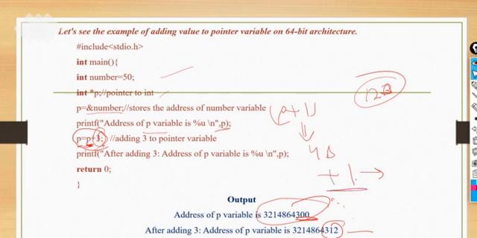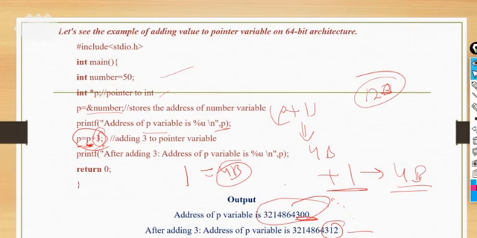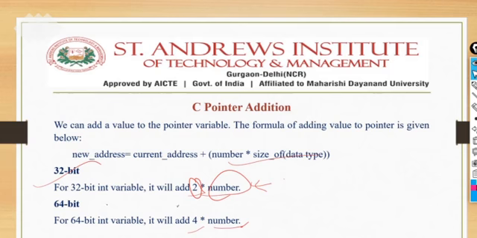if you are adding 1 space load, that means you are adding 4 bytes of memory allocation in case of a pointer. So make a note of this. I hope it is clear. You are adding 1, 2, 3 or anything. Just remember one thing, if you are adding 1, it becomes 4 bytes in case of a pointer, nothing else. Next, same thing I have declared here, like 2 into 3, this is the example we have already taken. 64-bit, 4 into number. How many numbers have we taken? 3 values. 4 into 3, 12. That is the only concept here, right?